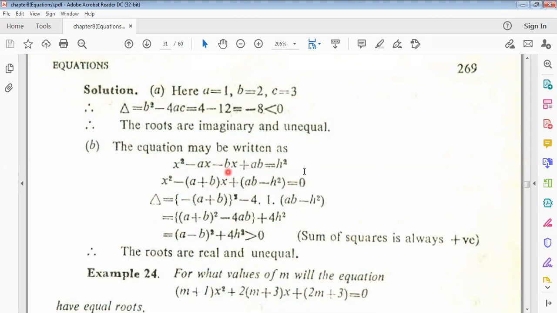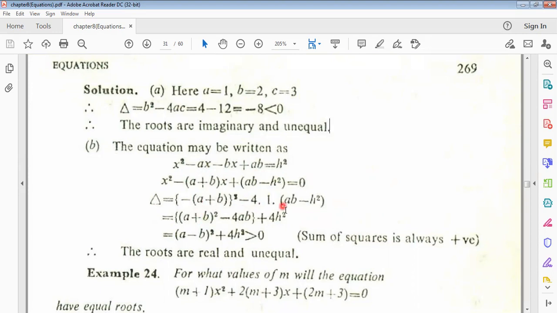Now comparing this equation with the standard form of quadratic equation, A equals 1. B equals minus (a plus b), remember it, the coefficient of x. And C equals ab minus a square. So the discriminant will be